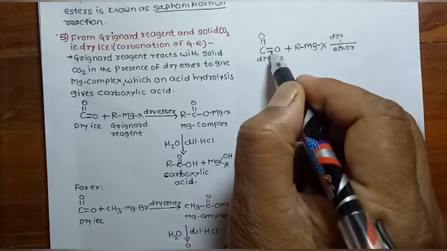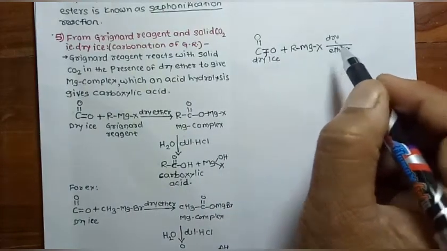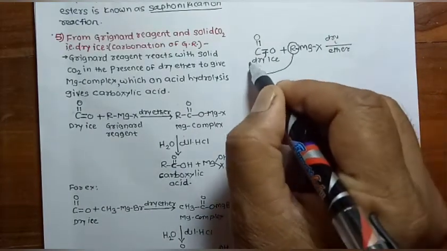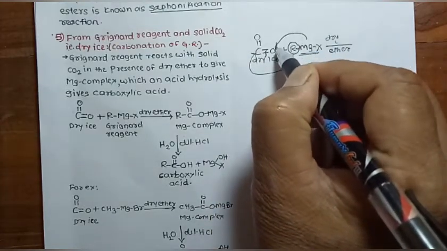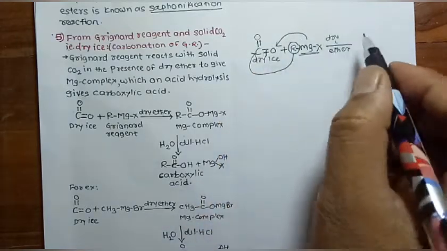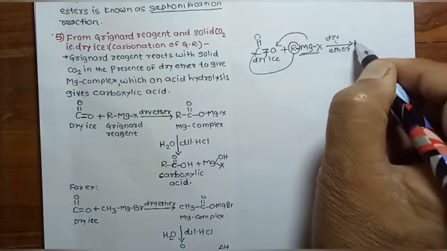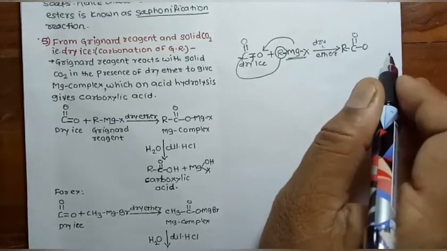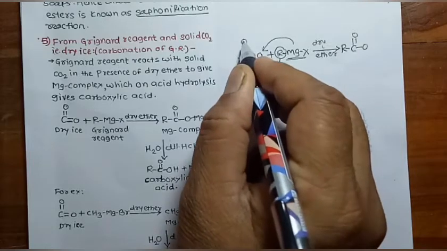Here a double bond is present between carbon and oxygen atom. Out of these two bonds, one of the bonds breaks, and this alkyl group is always attached to the carbon atom, and the remaining part MgX is attached to the oxygen atom. It is an example of an addition reaction. In the first step, we get R C double bond O, where the alkyl group is attached to this carbon atom. This C double bond O group remains as it is.